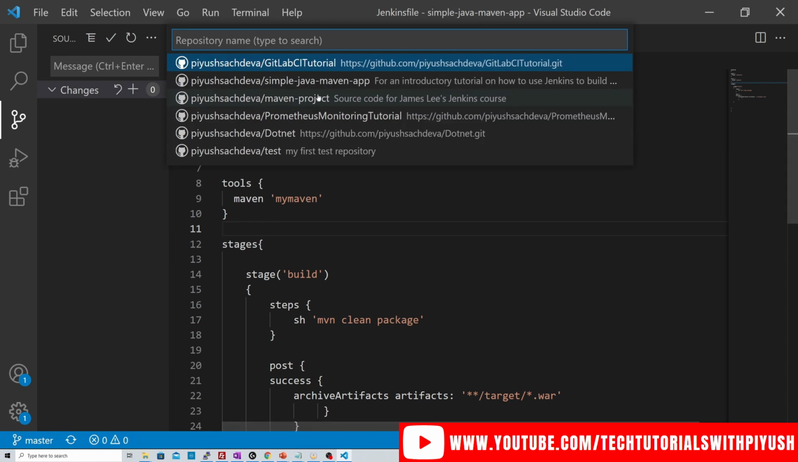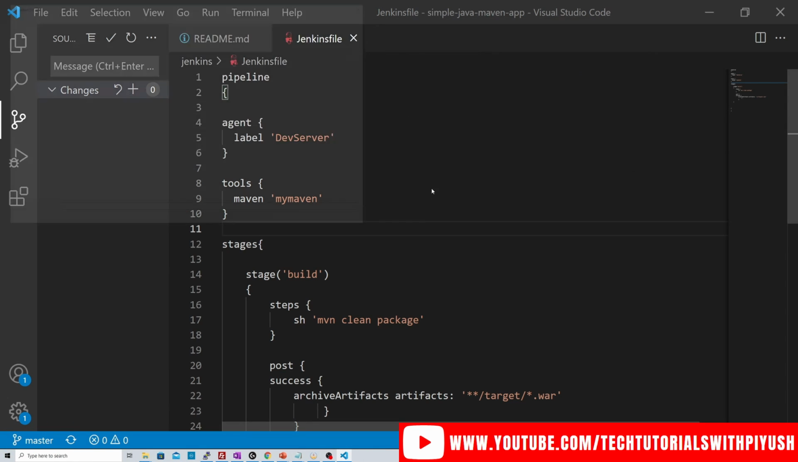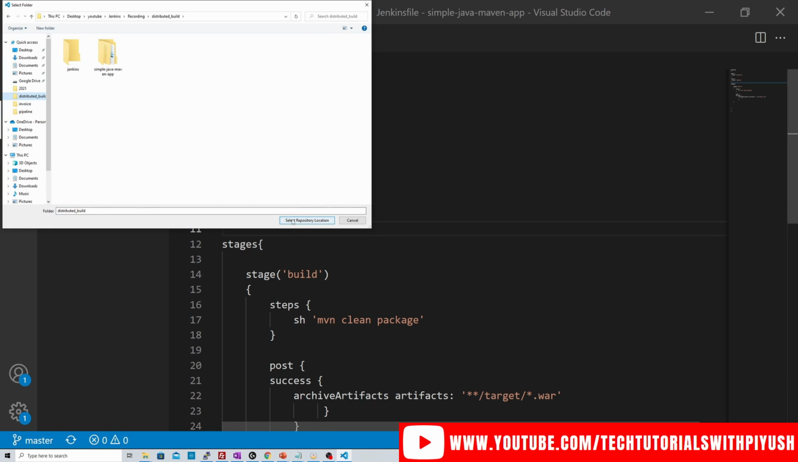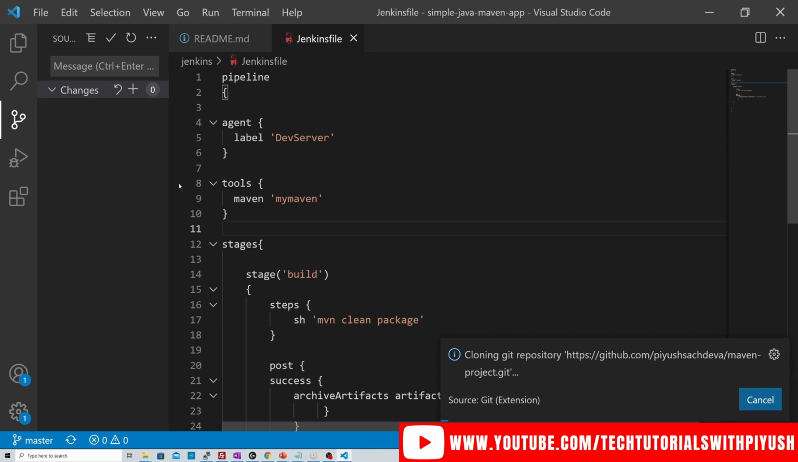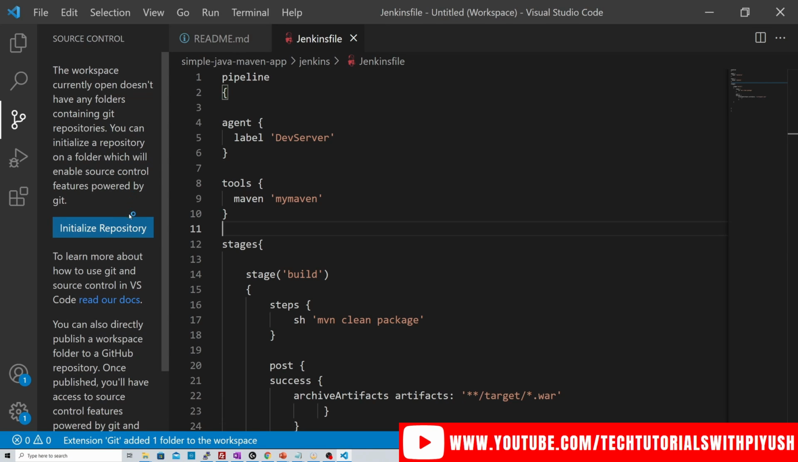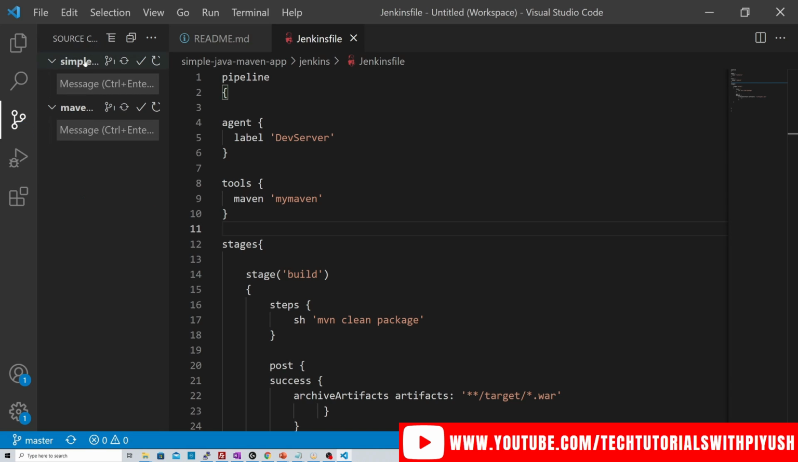Clone from GitHub and use the repository Maven project, this one. I'll use the same repository. Add to workspace, so it will add another folder to the workspace. Let's initialize the repository. Right now there are two folders, one that we've created previously and another, this is the